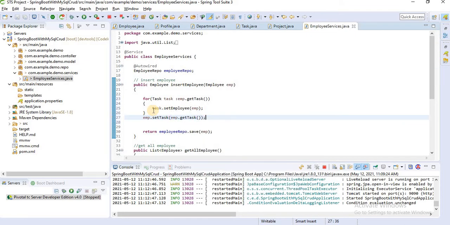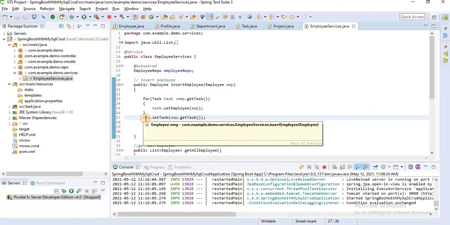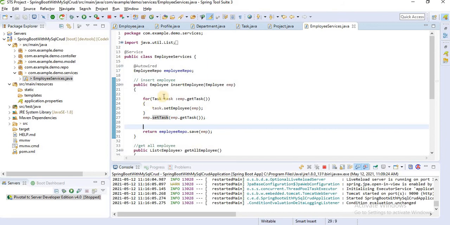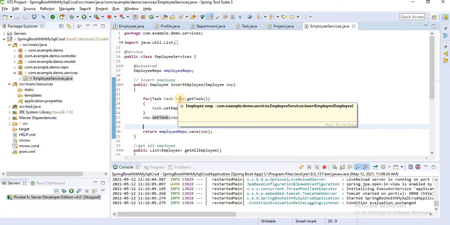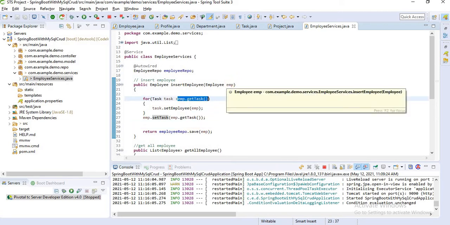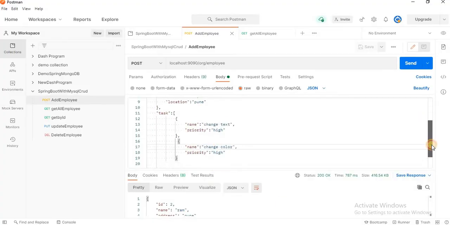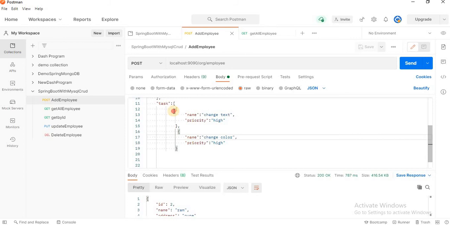Simply, here we are getting all tasks from the employee and setting the employee. Here what we have done, first we take the employee. In that employee we take the employee's tasks, all tasks present inside this employee object. Here we pass 2 tasks. You can see here in the payload, we pass the first task and then we pass the second task.